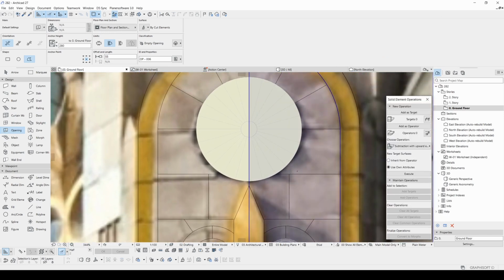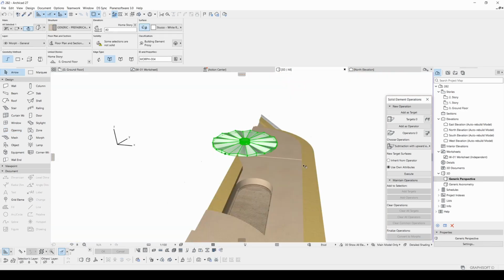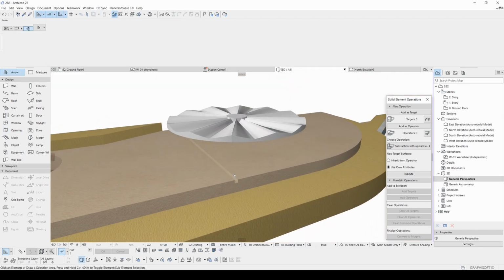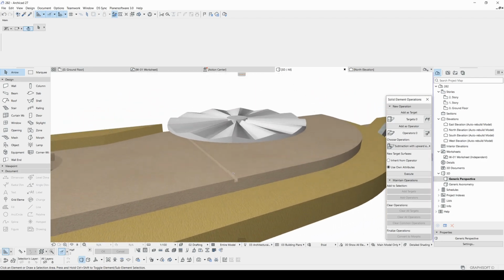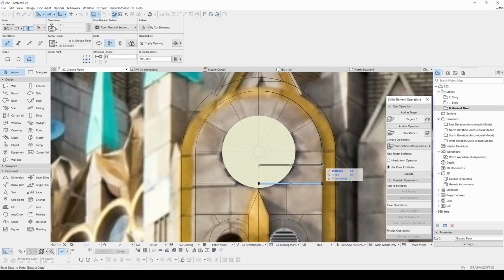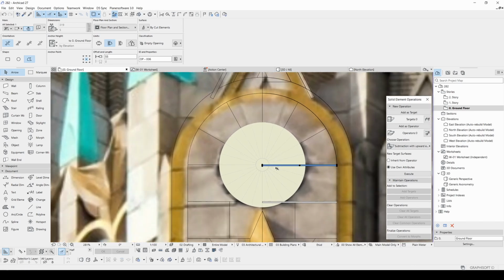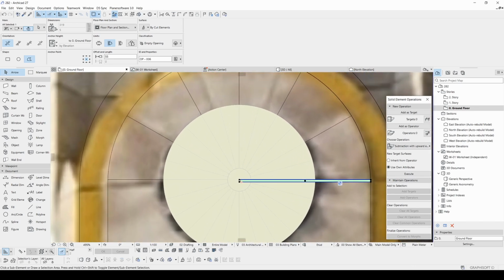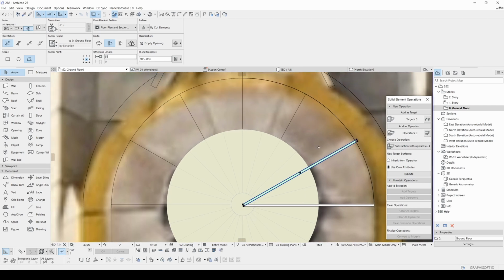Let's see what we have. Let's click here. Thickness will be 5 centimeters. And there we go. This is what we get in the end. We can duplicate this. Even we can rotate, copy.